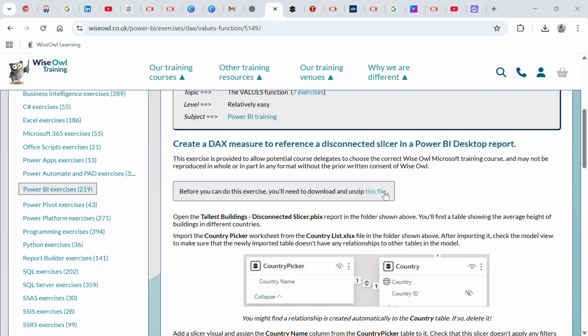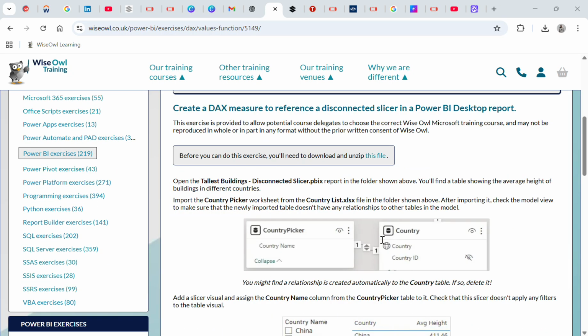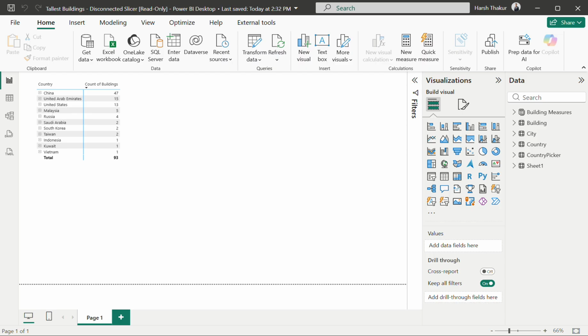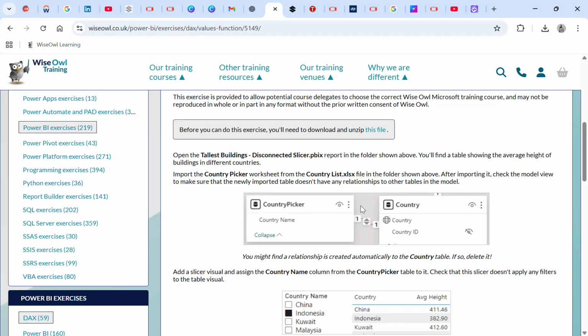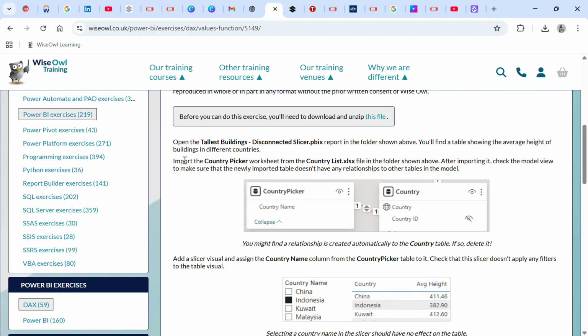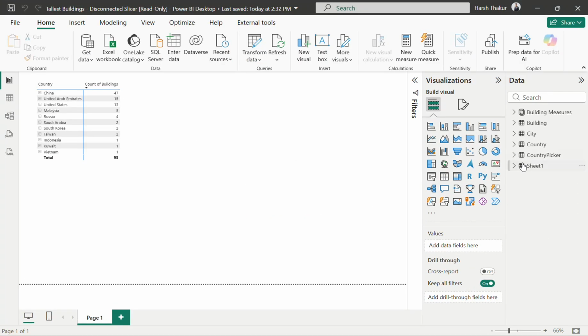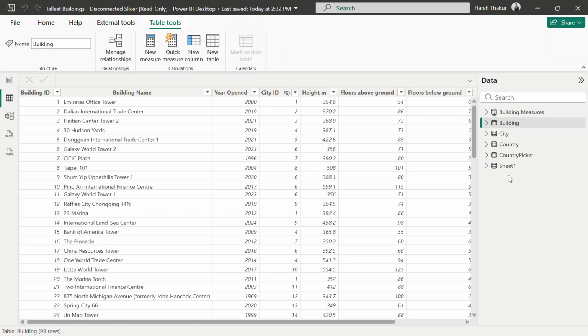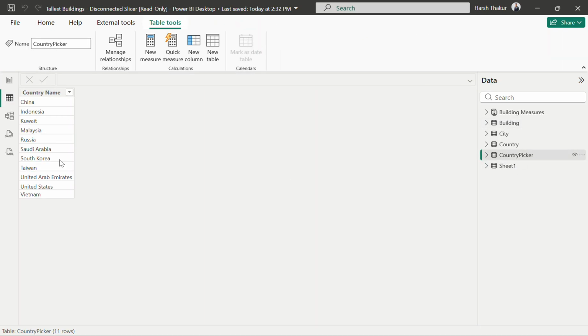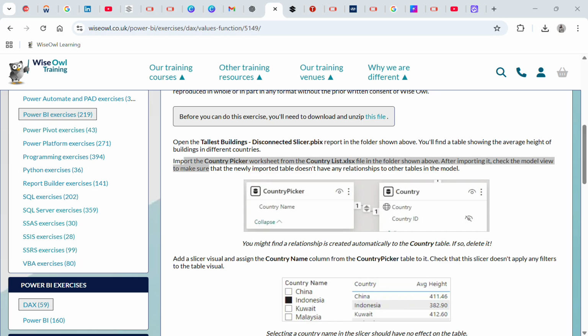You can download this file, just click here and then the file will get downloaded. I have already downloaded the file. Now let's see what it is saying. It's saying to import the country picker worksheet. I've already imported the country picker worksheet, which is this one, where we have the names of different countries. And then it's saying